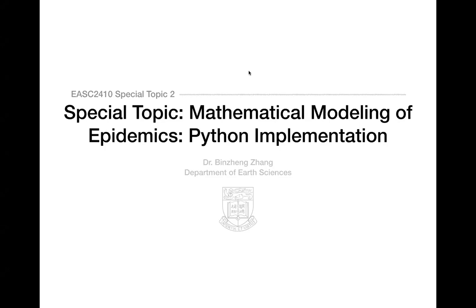Okay, in this lecture, we're going to try to do some mathematical modeling or numerical modeling using Python and the basic Python we've learned in the previous lectures. And we're going to focus on the biggest thing right now, which is the epidemics. And we'll see how we use a set of mathematical equations to describe something like an epidemic and use Python to